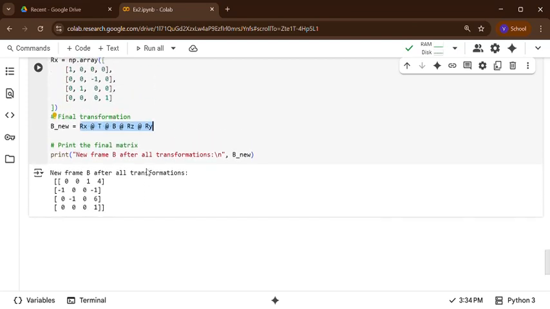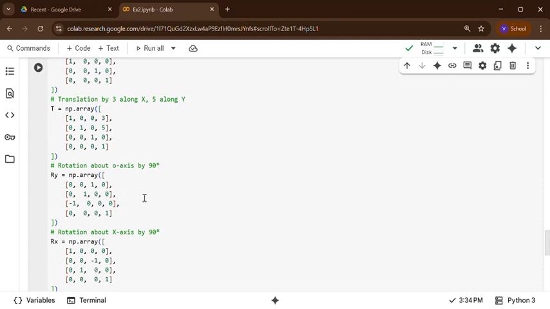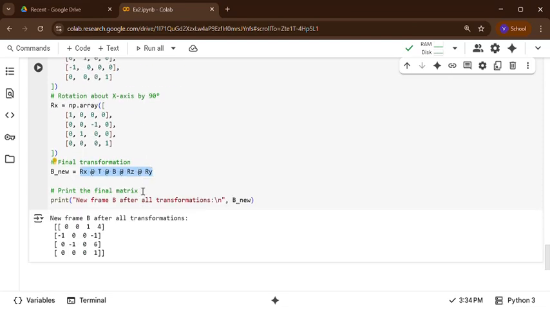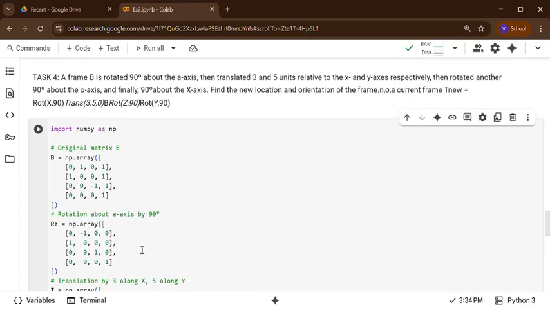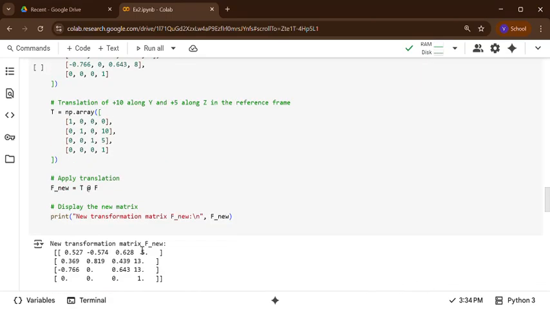Actually, when we do this manually, it takes 3 pages or 4 pages because you need some time to multiply all the matrices. But this coding will give you just 2 minutes. In 2 minutes, the only thing is you take time to enter the matrix. Otherwise, it's easier. Okay, so that's all for today.